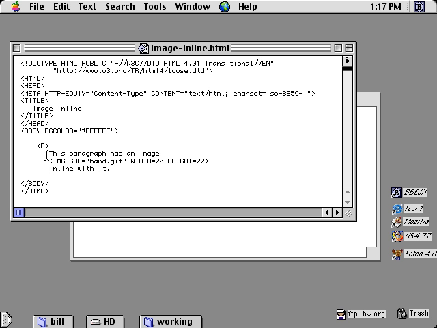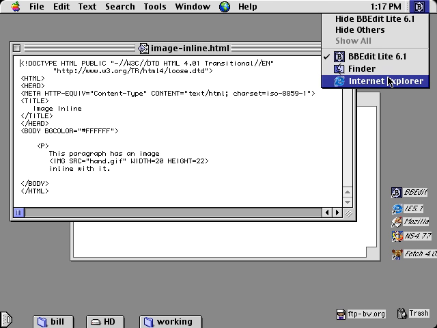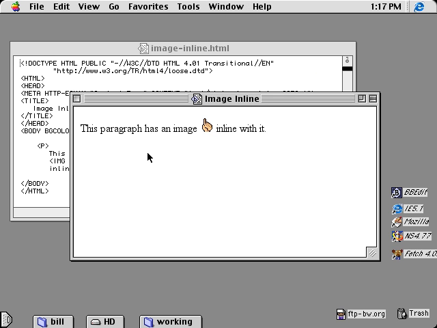So this image is actually in line with the paragraph. Let's look at it in the browser. There it is. It's a little pointing finger image. It's just an icon from a set of free icons that I use. This paragraph has an image in line with it. Now,